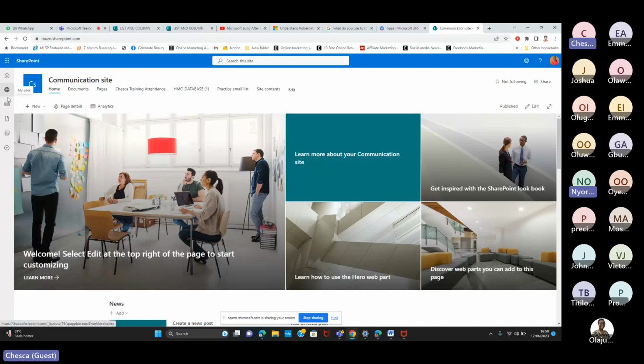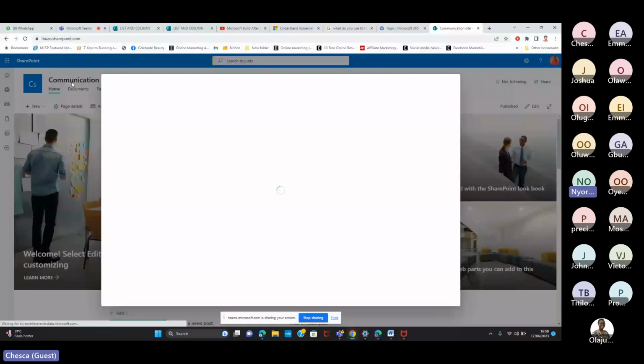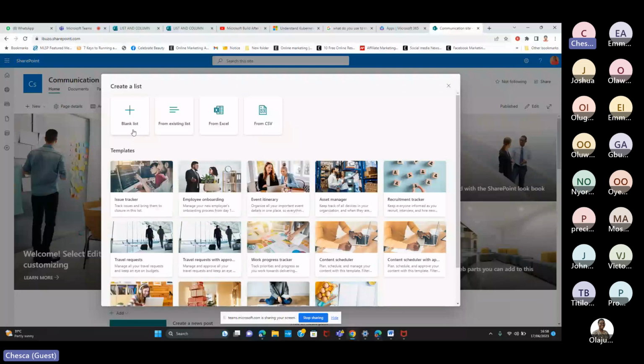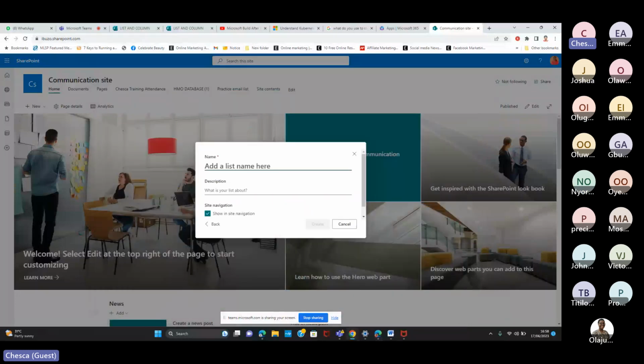So you can click on site contents if you have that there, or just click on new from here. Like I earlier explained, click on new, then list. Under any site that you have, you can create a list from there.